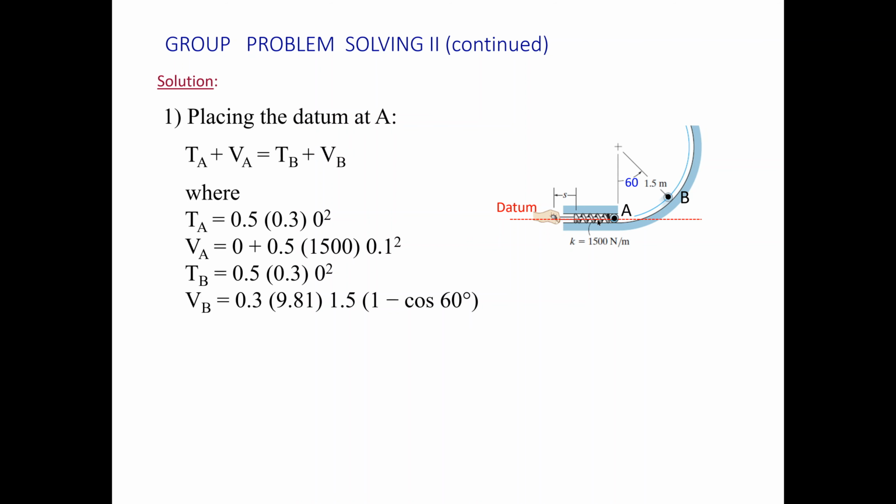Since we define our datum at point A, this is our vertical position, we have no gravitational energy. And here's the actual energy stored in the spring. So no kinetic energy, no gravitational energy, only energy stored in the spring. So that's the left-hand side of the equation. Then the right-hand side of the equation,